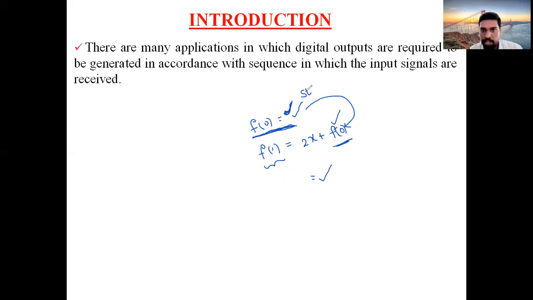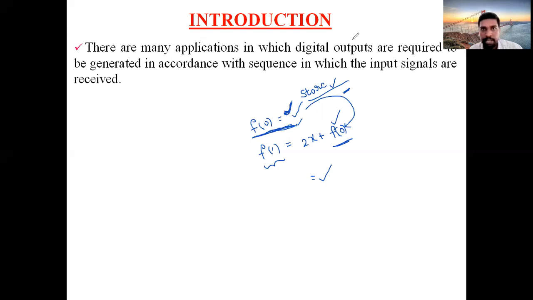So in order to store that previous value, what do you need? You need a memory element. Very, very important. In sequential circuits, we need memory elements, whereas in combinational circuits, we don't need memory elements. Why? Because their previous output is not considered as the input. But here, the output also depends on the previous output of the function. That's why you need to store the previous output, and in order to store these previous outputs, we are using the memory elements.